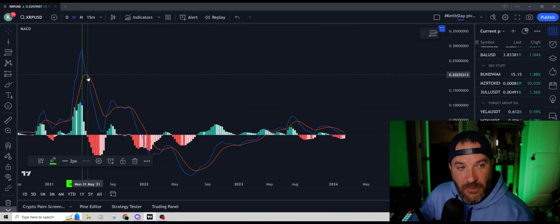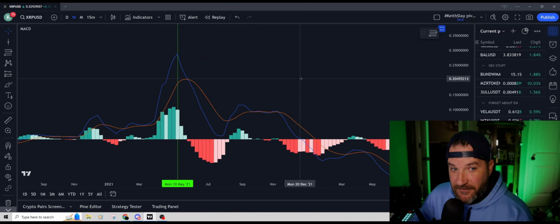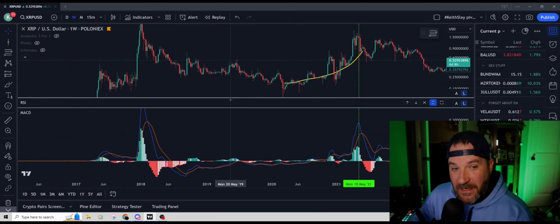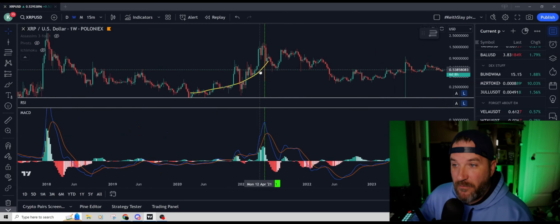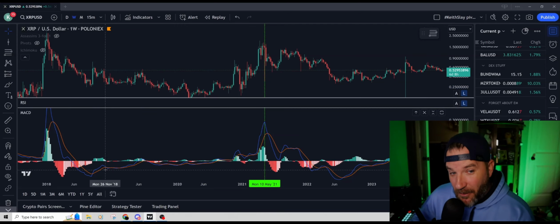Do you see that between the blue and the orange? You had a lot of separation there. A lot of separation could potentially signal that we have a top area coming in. Again, this is not an end-all be-all indicator. It's more for confluence. We'll use what we already have and we'll add this in to help us make our